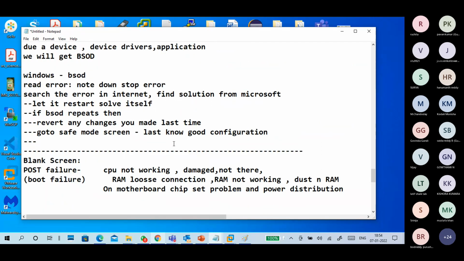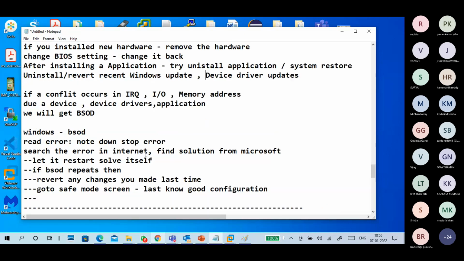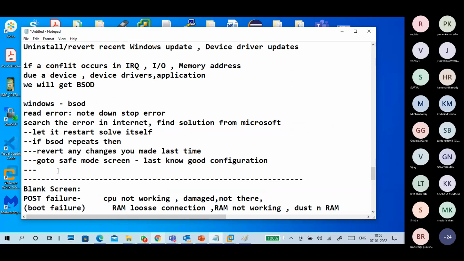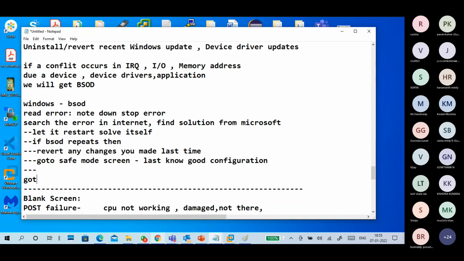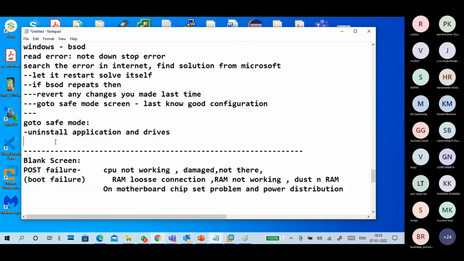So this is how to solve the blue screen error. Sometimes you have to go to safe mode and uninstall applications and drivers also, recently installed. That may also solve the problem.